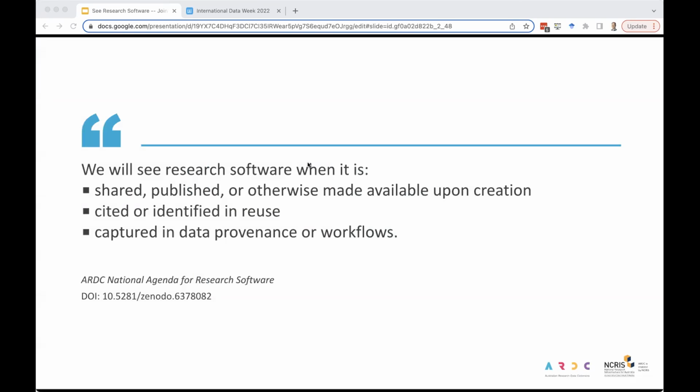And so when we think just about that goal state associated with visibility of software, what we're seeking to address with that challenge is that research software should be shared, published, or otherwise made available upon creation, that it is cited or identified in reuse,